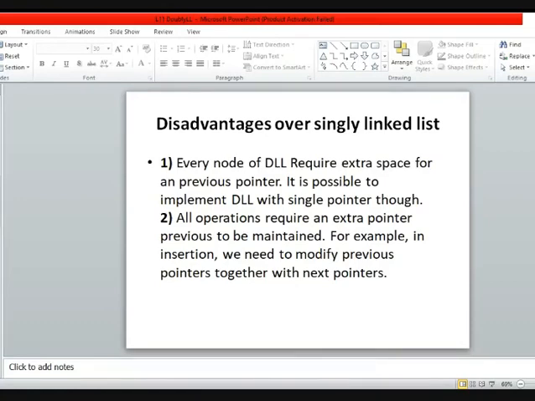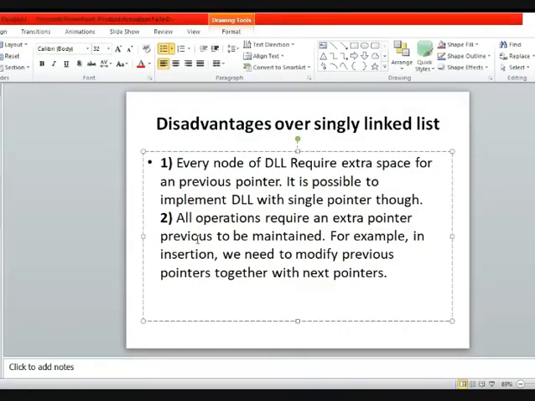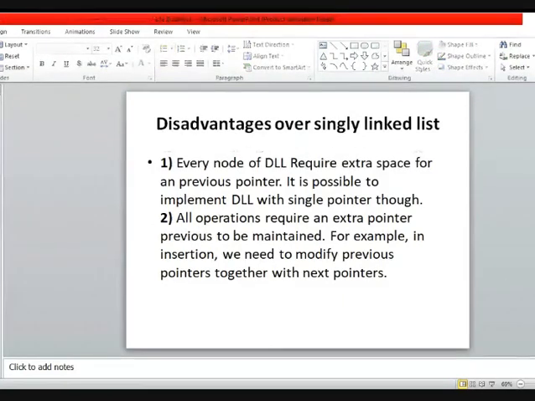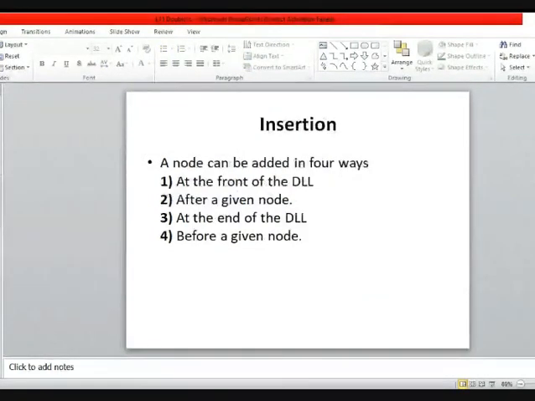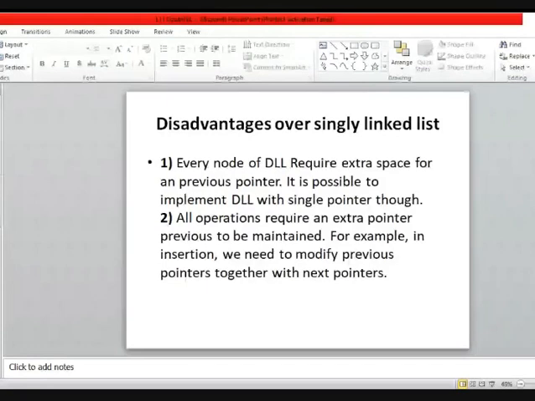So it requires extra space. It is one disadvantage of doubly linked list. The next disadvantage is that all the operations require an extra pointer to maintain, so it becomes a bit complicated. So here are the advantages and disadvantages associated with this data structure, and I hope it is clear to all of you. Do any of you have any doubt? Any doubt, class?